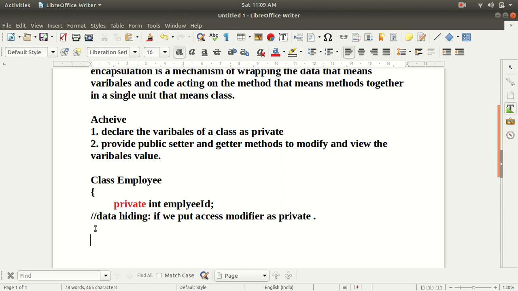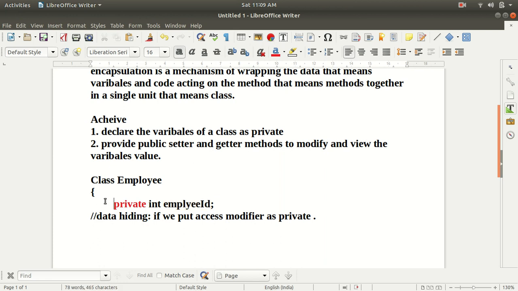And now I am going to take the second step. The second step says to provide a public setter and getter method to modify and view the variable's value. The setter method is to modify this employee id, and the getter method is to get the value of the employee id, right? So let's do the second step.